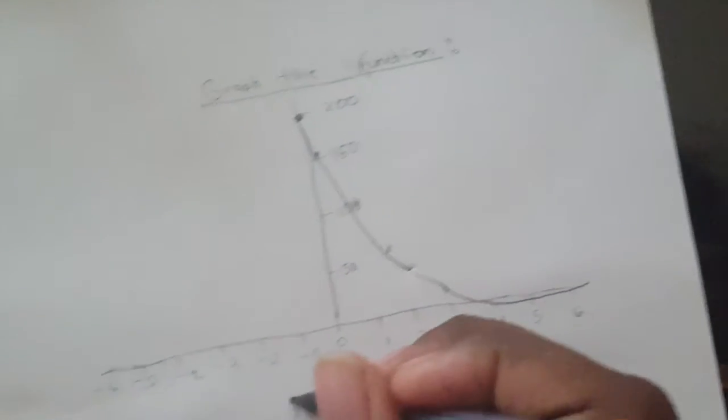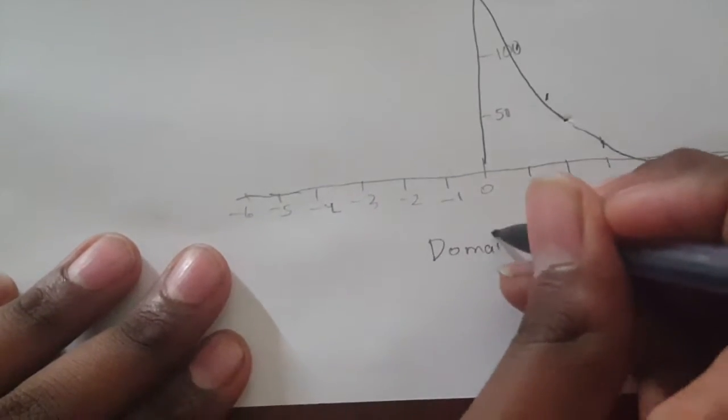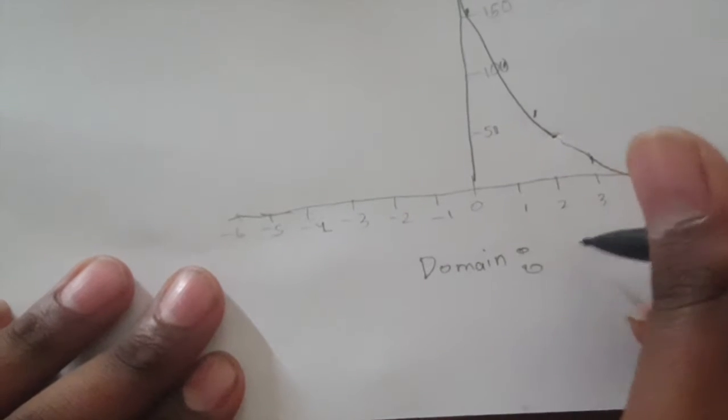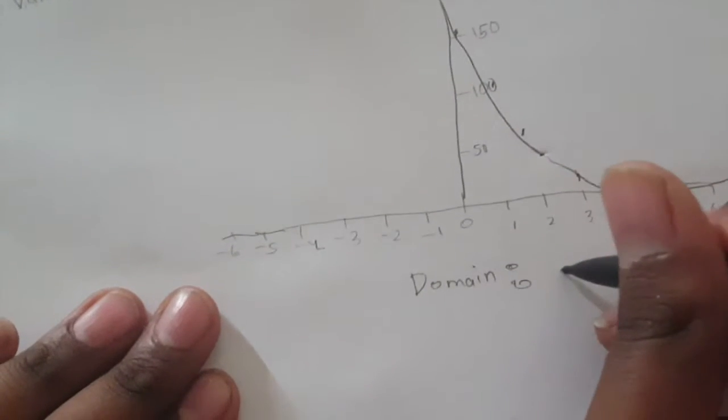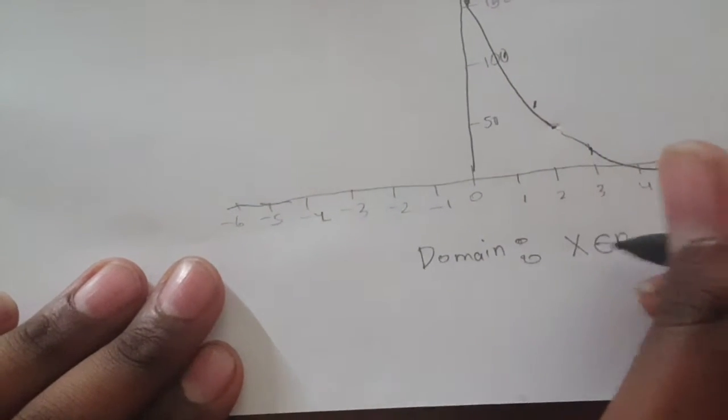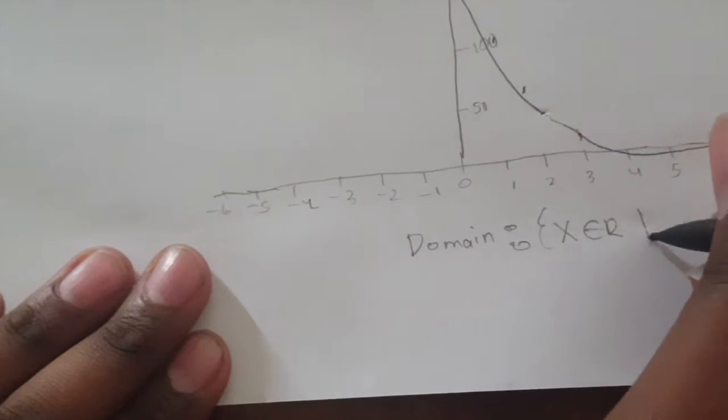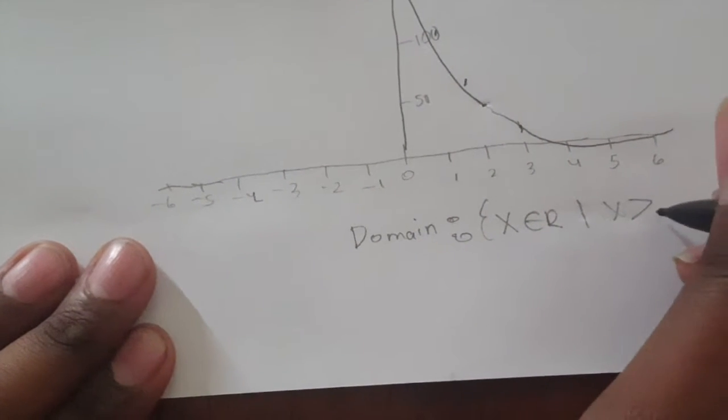But the range is always greater than 0 because it never touches 0. So x belongs to the real numbers such that x is greater than